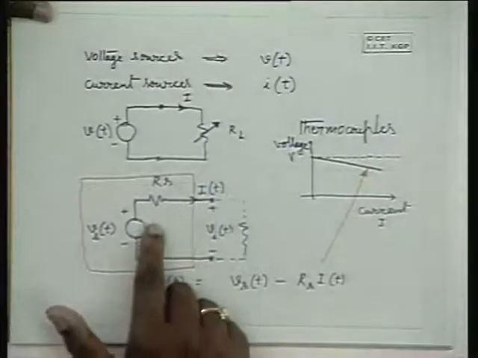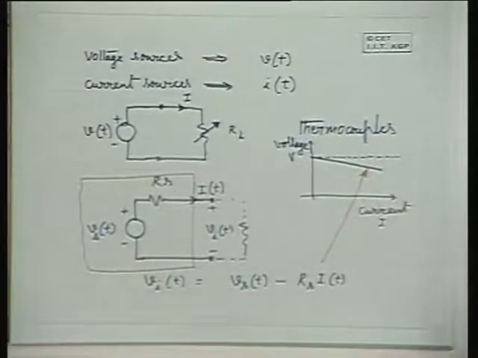Typically voltage sources exhibit some amount of source resistance. That is true even with your main supply. When you turn on a water heater, it draws a large amount of current from the mains. You will find that appliances like a bulb connected to the same supply exhibit some drop in light intensity because of a fall in the voltage. That is because you are drawing a huge amount of current through the heater.